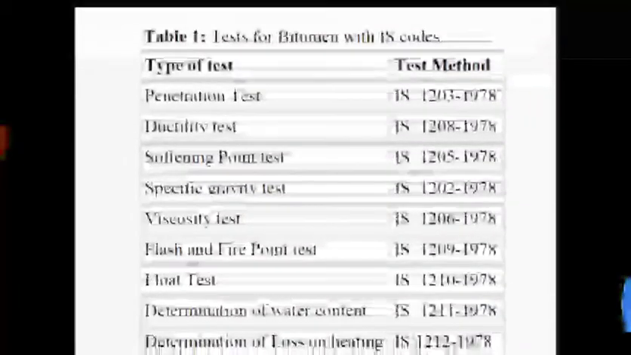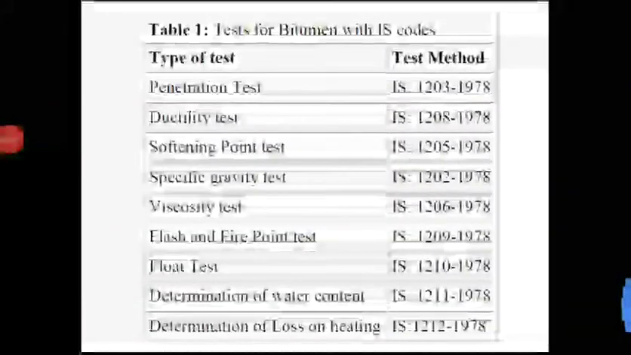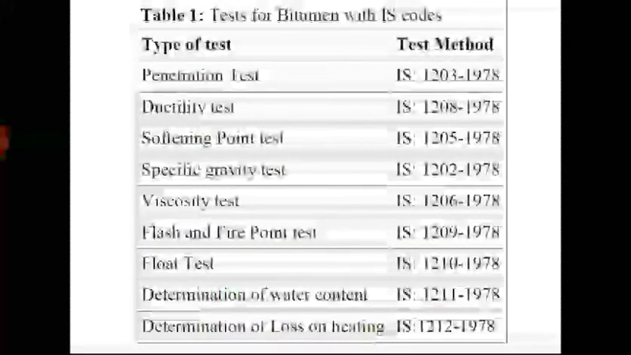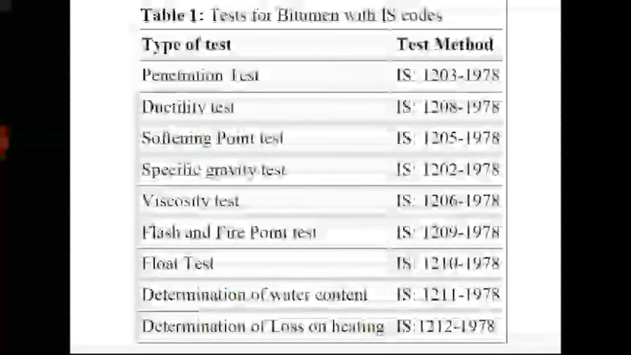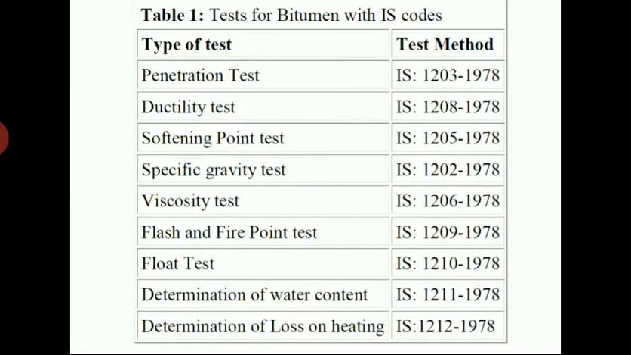And here you can see the tests for bituminous material with the IS codes. For the penetration test, we can use Indian Standard IS 1203:1978, and similarly for the ductility test IS 1208:1978, for the softening point test IS 1205:1978, for the specific gravity test IS 1202:1978, for the viscosity test IS 1206:1978, and for the flash and fire point test we can use IS